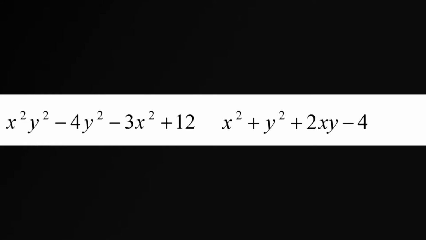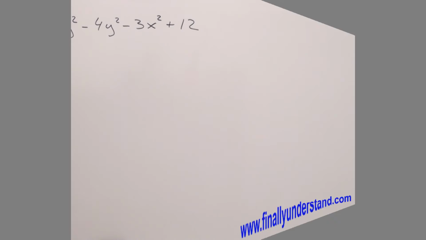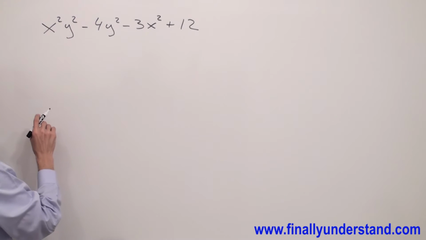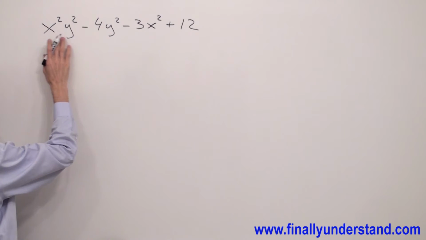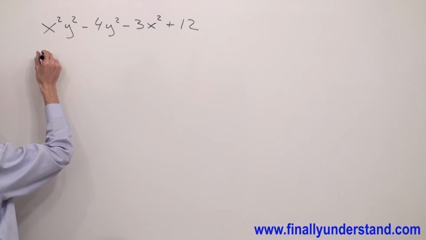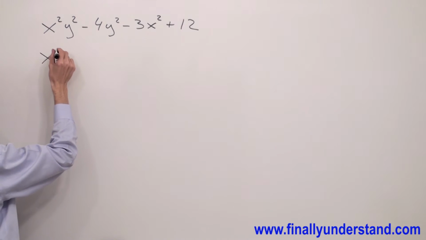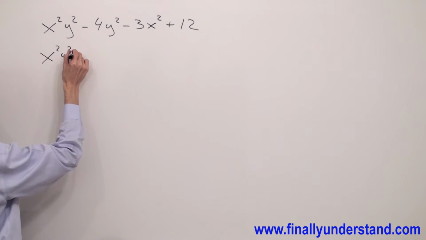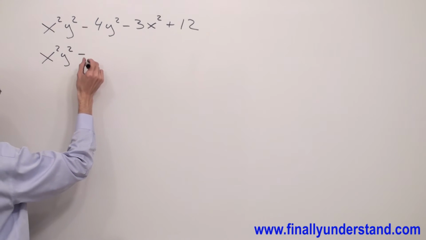Let's take a look at this example. We have to first organize this expression. I will factorize first x squared. Okay, so in order to do that, I'm going to rewrite this problem one more time, and I'm going to write x squared y squared minus